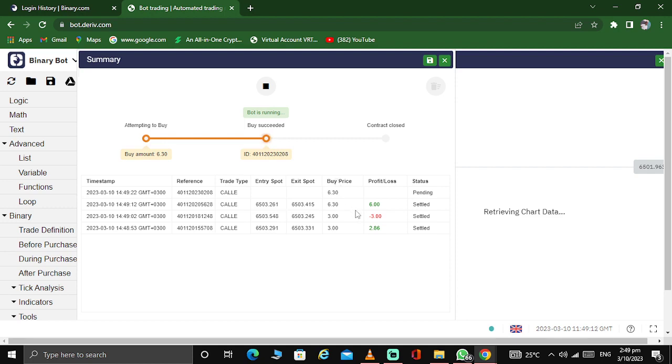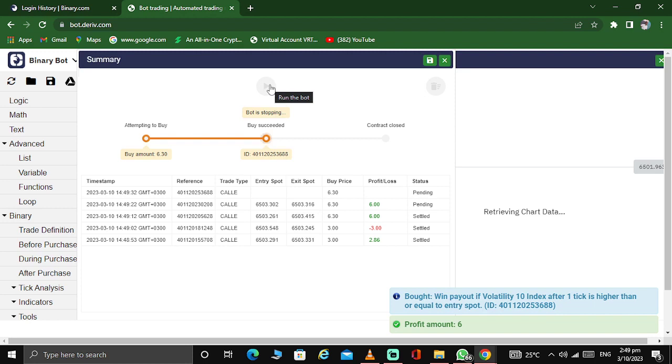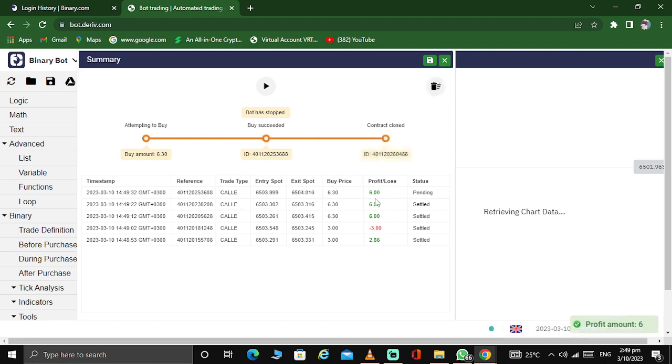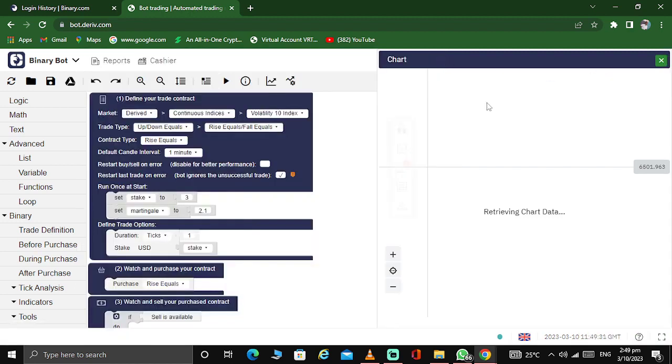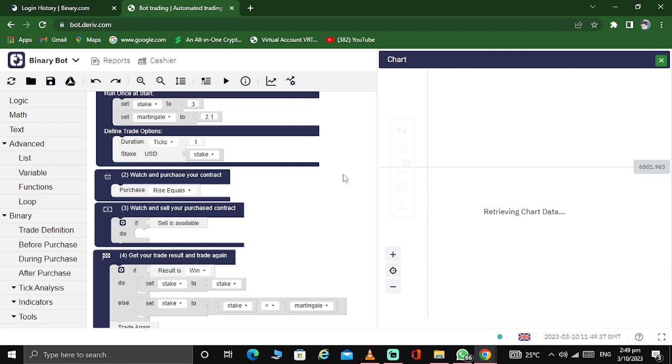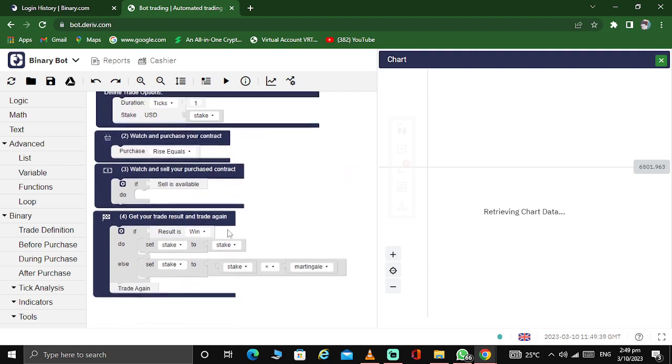And actually, there's something. As you can see, it is not returning to the initial stake. Let me change the feature. But as you can see, it is working. The strategy is working very well when you look at the graph. But since it is not returning to the initial stake,